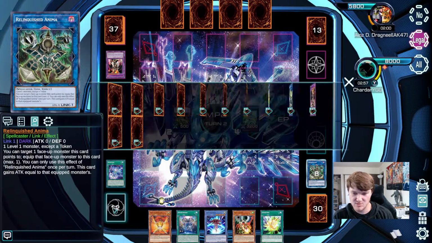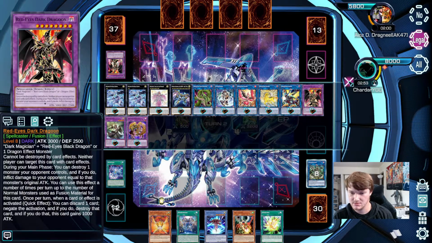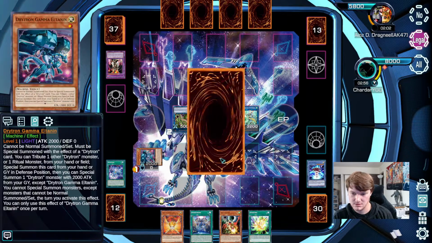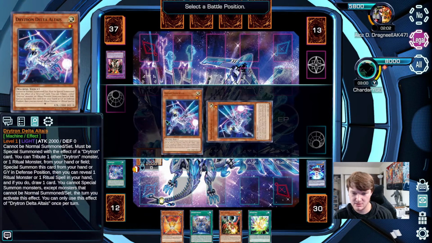So we can activate Gamma, but that doesn't get us anywhere because... Oh, we might be able to... Yes, it does. Activate Gamma, pitch Idaten, summon Gamma, effective Gamma, bring back, doesn't matter, Delta,